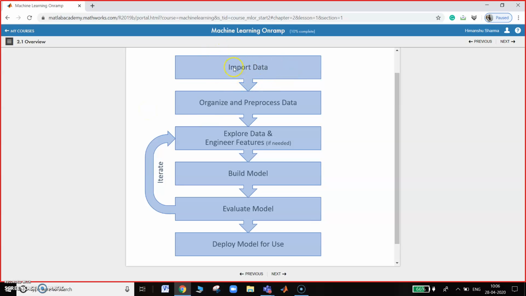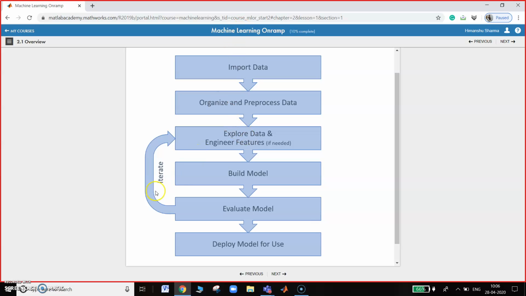Here first of all import the data, then organize and pre-process it, then explore data and extract the features if required, build the model, evaluate the model, and deploy model for use.